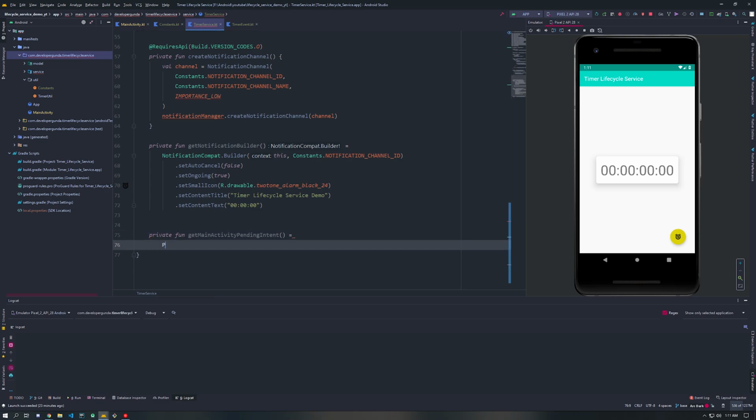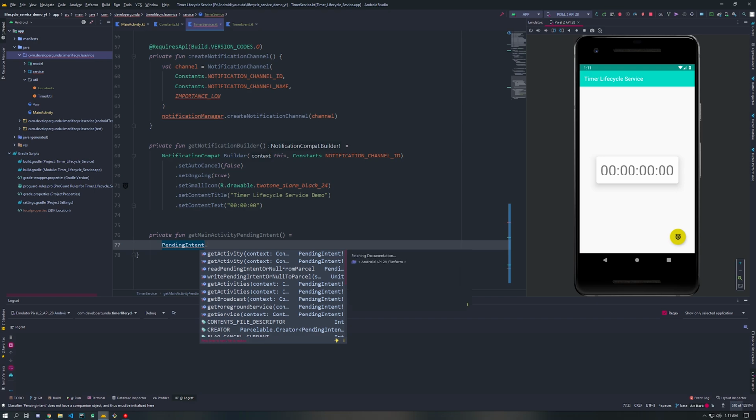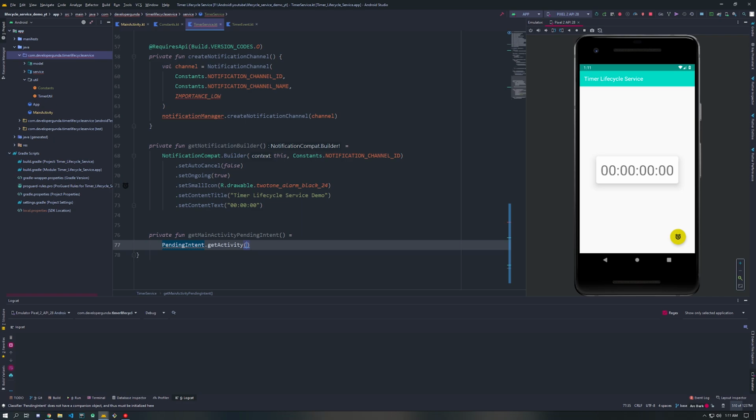It's weird. It's not weird. It's good. I like pending intents. So what we are doing is we have to set a pending intent to the notification so that you can perform the tap behavior. You can tap on the notification, and you can do whatever you want with